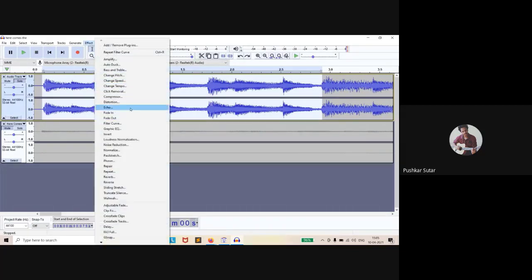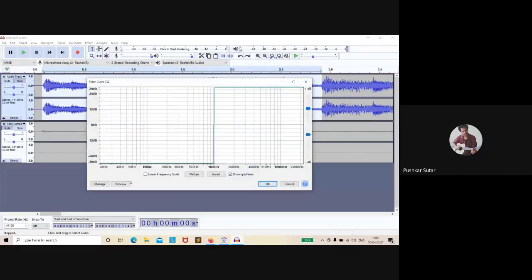Now let's take a quick look at the band pass filter. Band pass filter is what I would be interested in when I'm doing it for guitar. Now again, I'll do a very extreme band pass filter here. It will not give me good results, but just to show you how the changes take place in terms of audio.